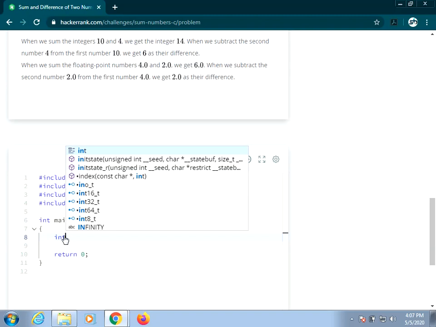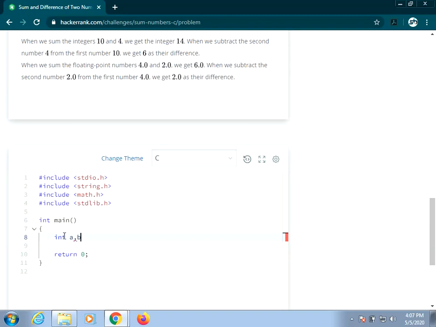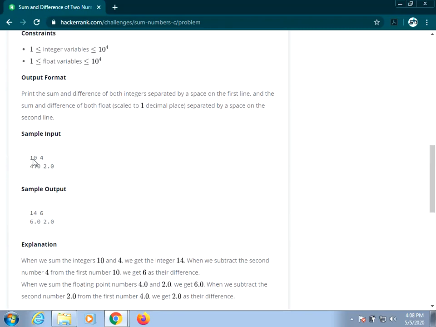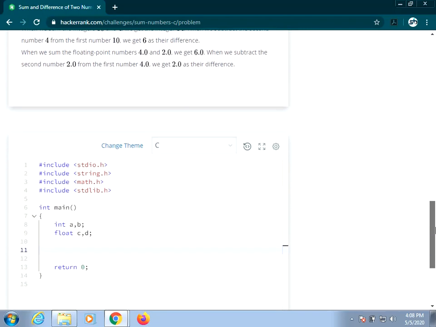So when you come to the program, first you have to declare two integer variables. I will declare a and b. Two floating point variables, I will declare c and d. Next, after declaring two integers and floating point values, I have to take the input of those four variables. While taking the input, first remember what your input format is. The first line will take two integers separated by a space.